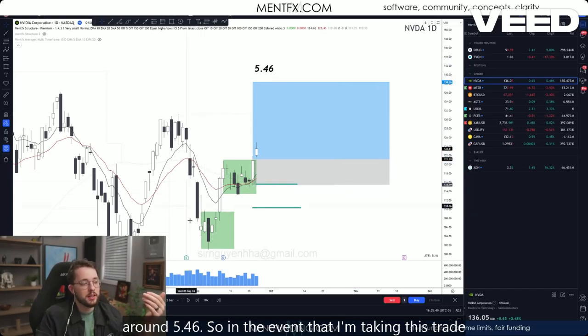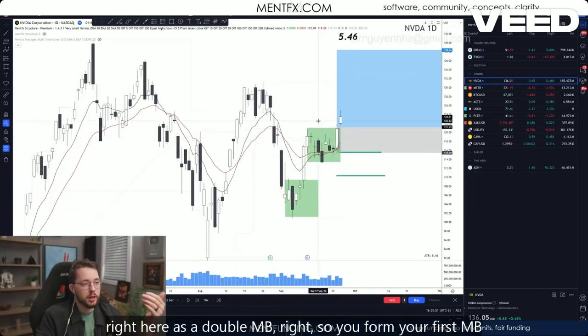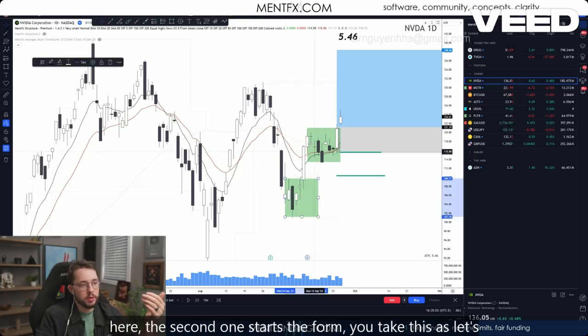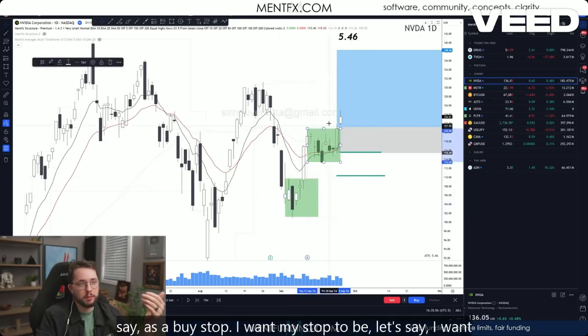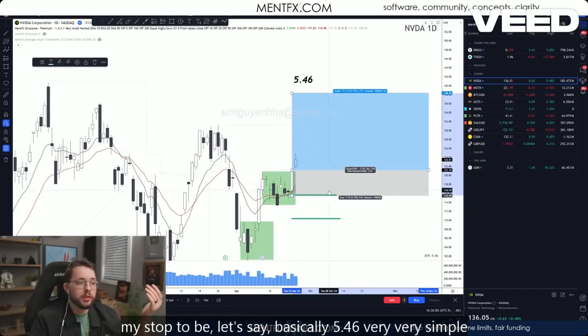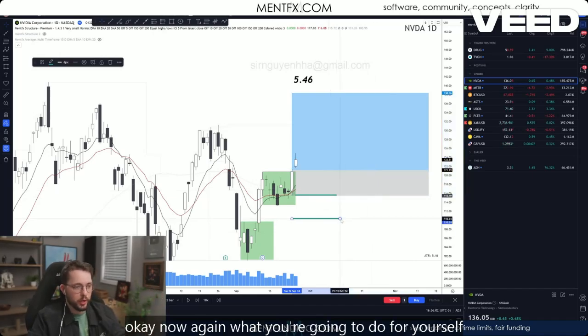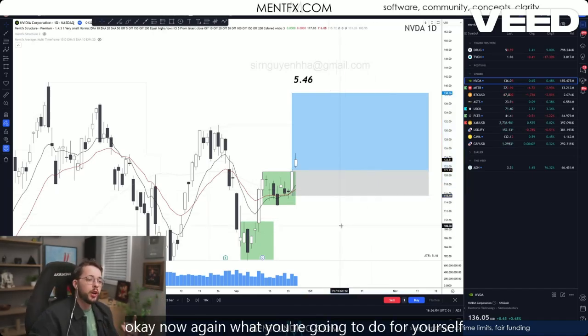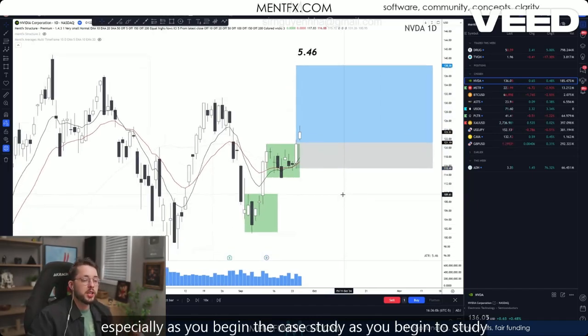So in the event that I'm taking this trade right here as a double MB, right? You form your first MB here, the second one starts to form, you take this, let's say, as a buy stop. I want my stop to be basically 5.46. Very, very simple. Okay. Now, again, what you're going to do for yourself, especially as you begin to case study,